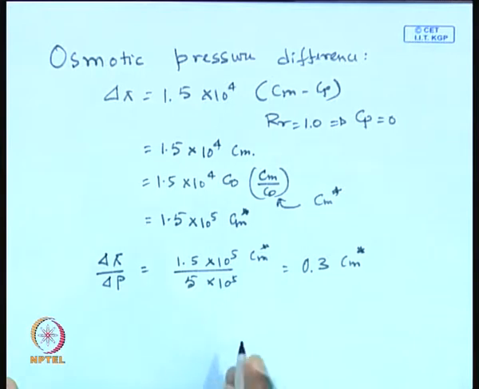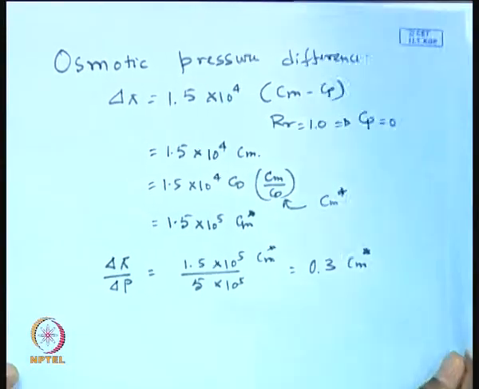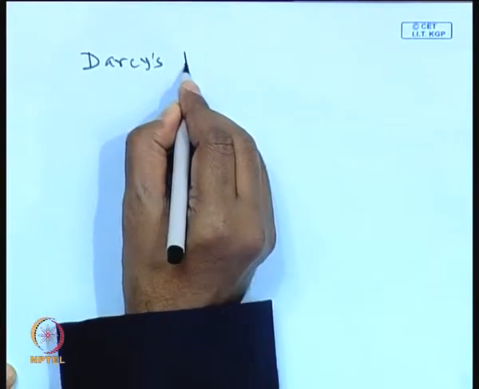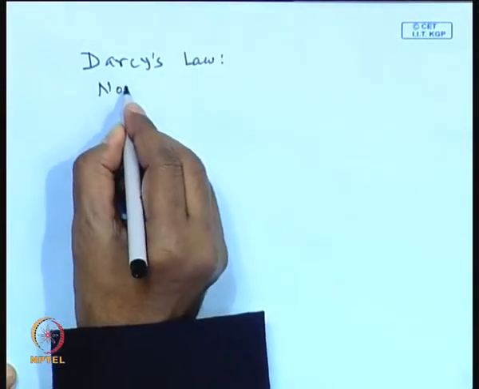Now we will be utilizing the shortcut method for the 2-dimensional analysis that we have discussed earlier. The analysis we are going to adopt in this particular problem is not the film theory. It is basically a developing mass transfer boundary layer, and we will be utilizing the shortcut method that we have discussed earlier, in terms of length average Sherwood number. So, we can find out the solvent flux using Darcy's law, the non-dimensional